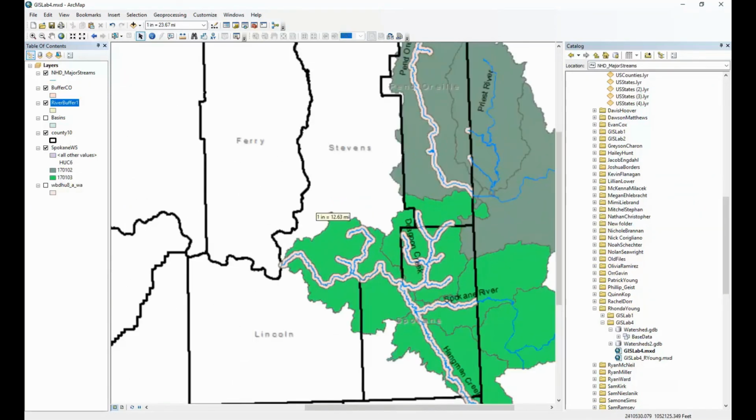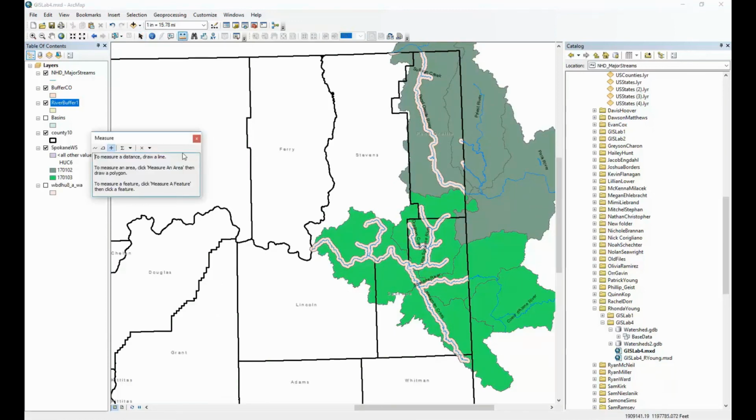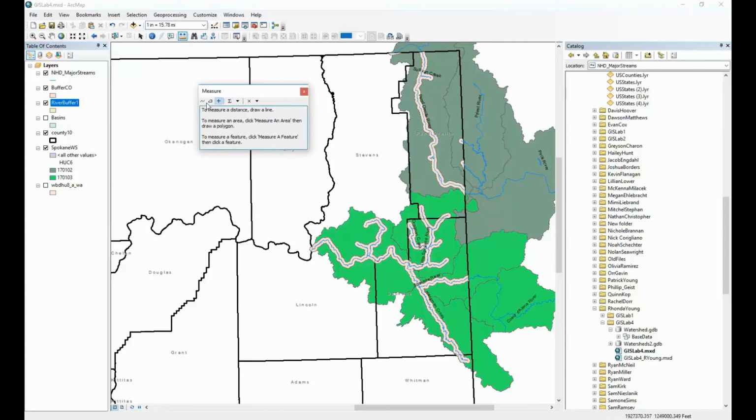Okay, so if we wanted information about this, since I have a single entity for each county, I could go and use my measure tool. We did this back in the very first lab. I could measure distances and areas, but this plus one is I can measure a feature. Before I do that, I want to check my units though. So I want to make sure I'm defaulting to acres. So it will tell me as I select each entity how much of that buffer area in acres is in each county. So if I click on this,